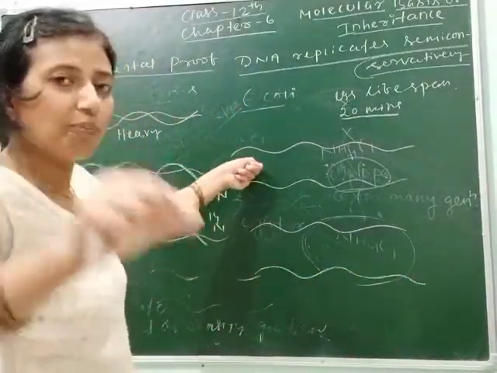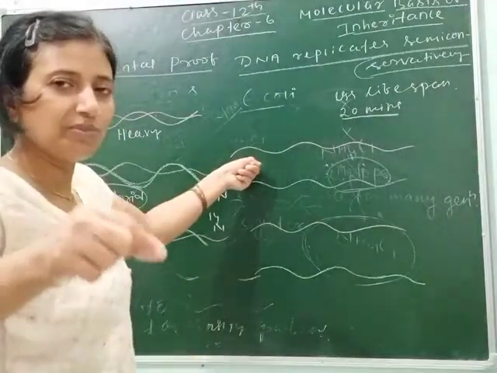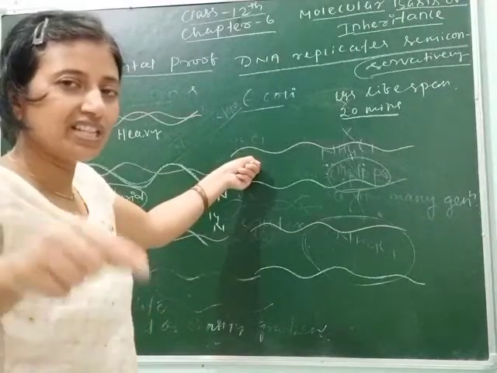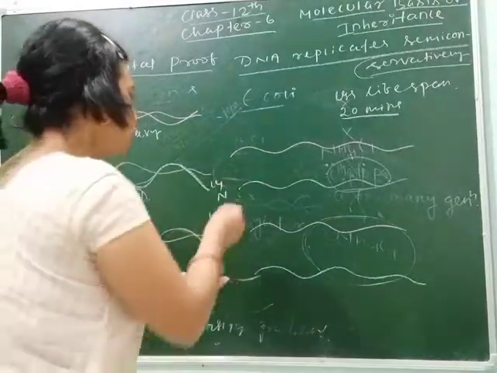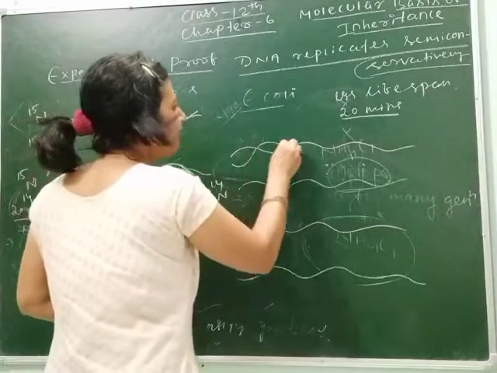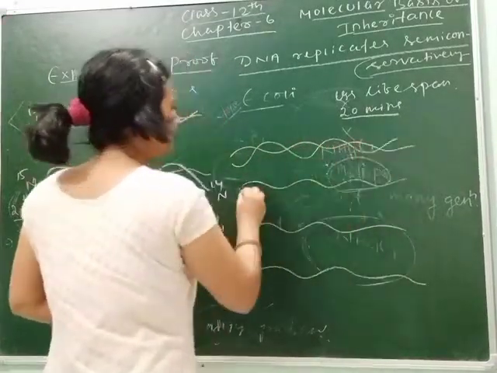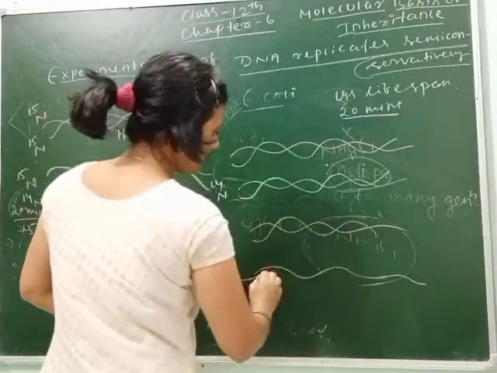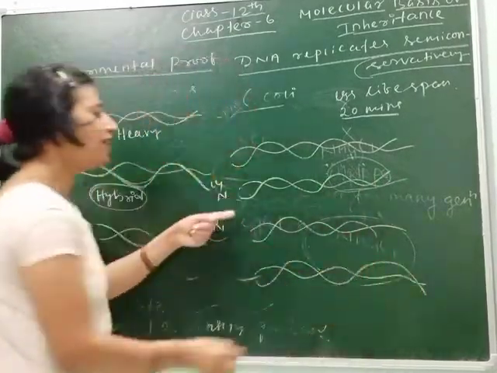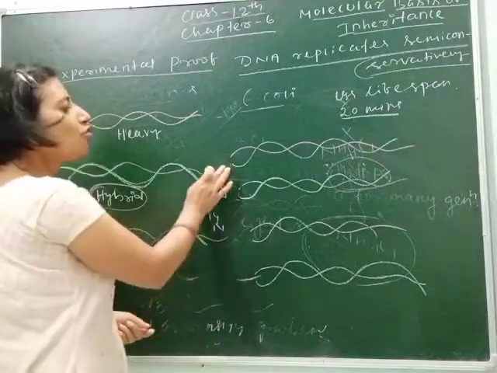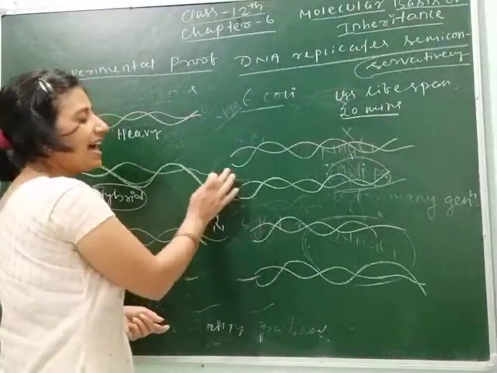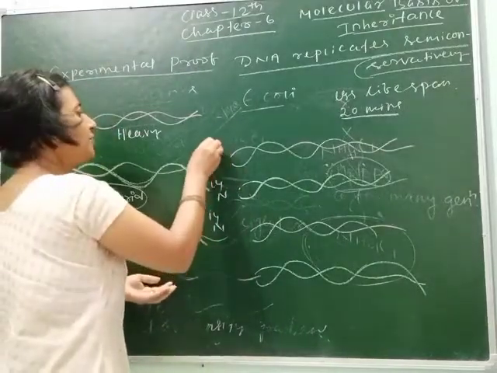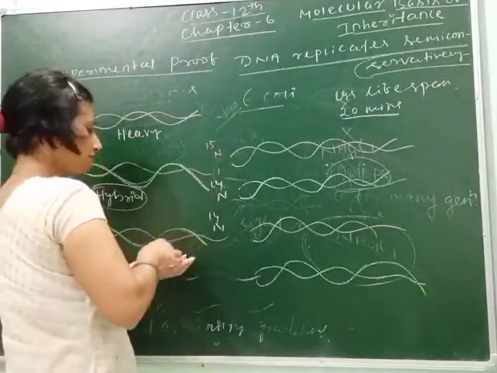Then what happens, we will put the solution in which nitrogen 15 is present into normal ammonium chloride solution in which nitrogen 14 isotope is present. So here 14 will bind with this, then with this, then with this and with this. So after 40 minutes we can see two hybrid varieties and two lighter varieties, means nitrogen 15, nitrogen